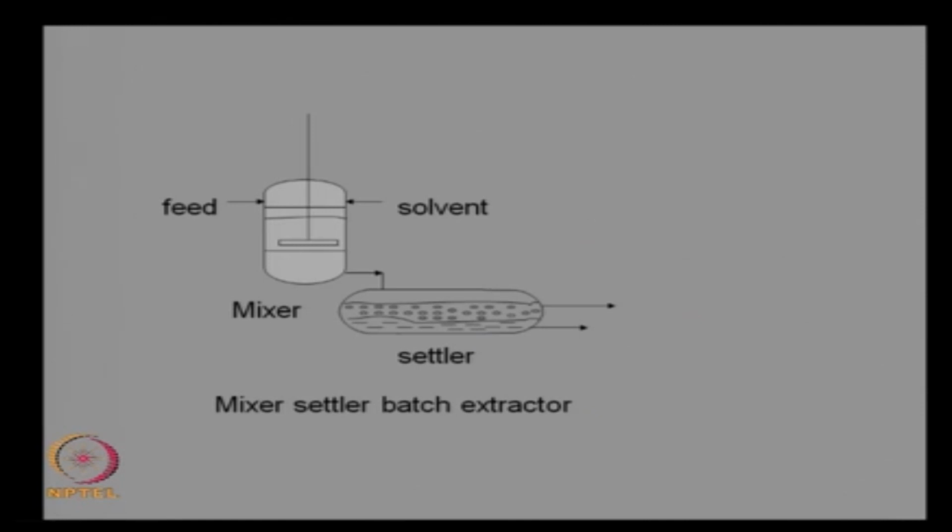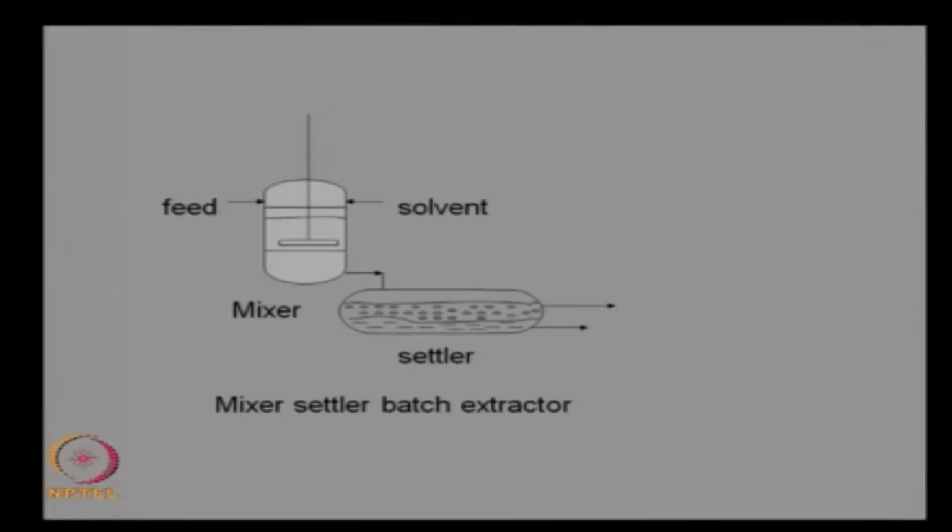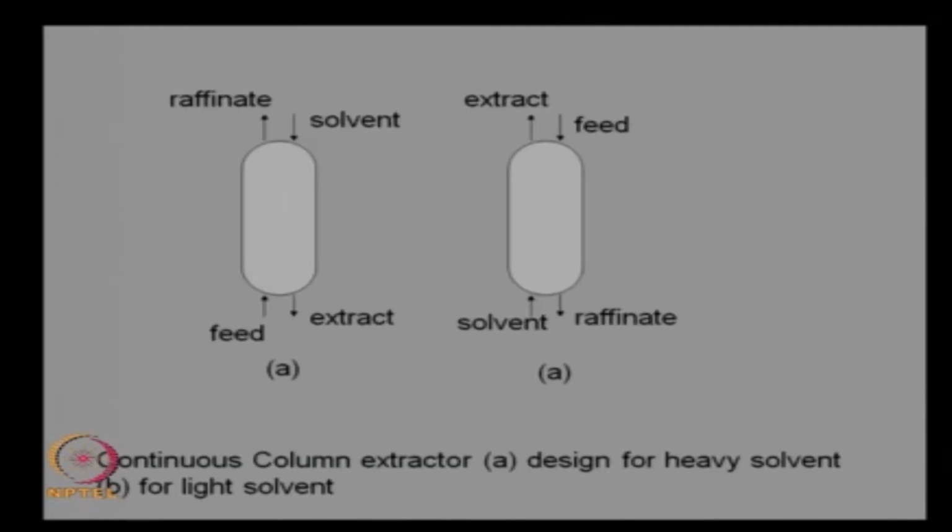But there is always, as I said, non-ideality that comes into the picture. The interface between the two layers may have some solids which have precipitated out, it may have a combination of both these phases, you may have a little bit of miscible solvent in the heavies. So the middle portion will not be very sharp, there could be another layer which needs to be disposed of. This is a batch operation. You can have several types of continuous operations. You can have something called the